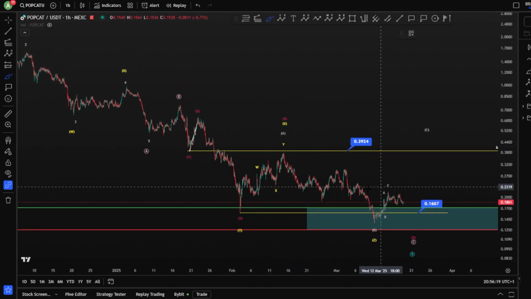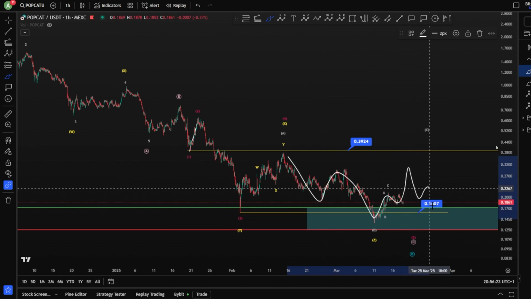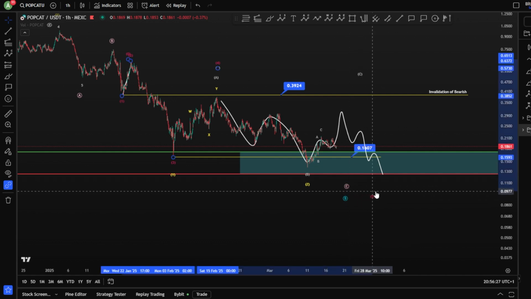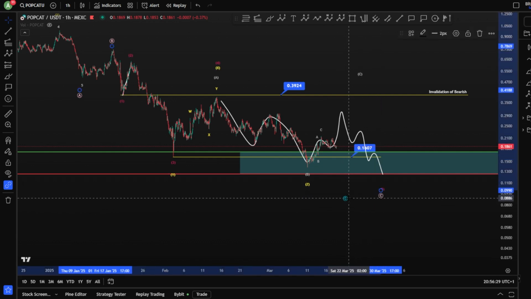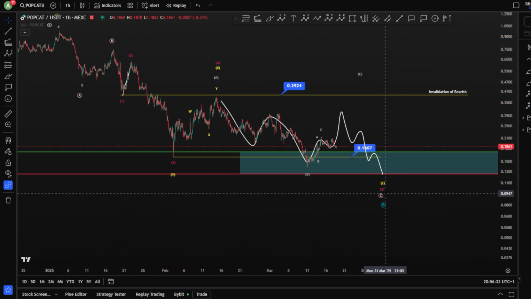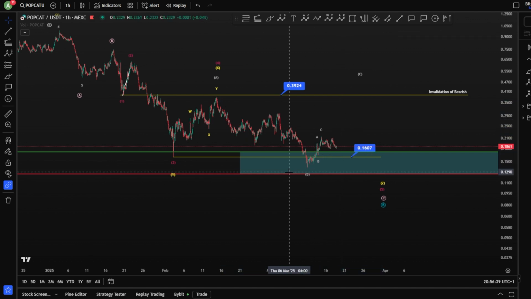And then, I believe that this is an ABC again, and potentially finishing one more structure, which it can finish, well, I cannot say it's an impulse anymore. I can finish, of course, a Z here, a wave Z. This is the only scenario right now that it can be possible for a Popcat,